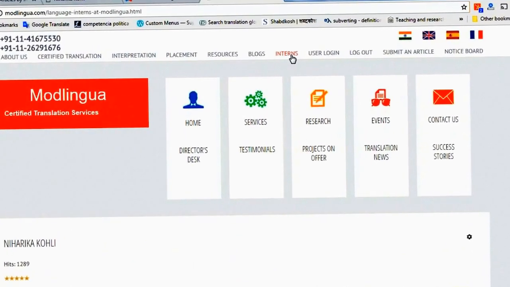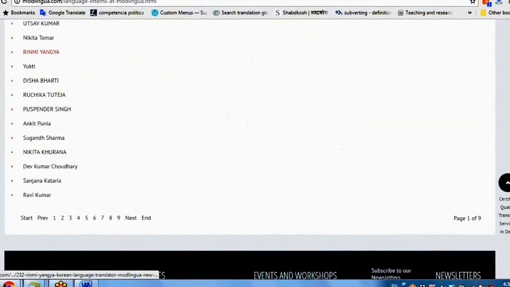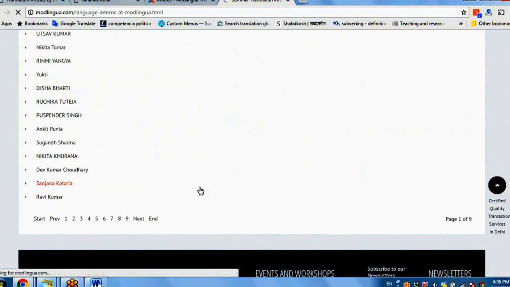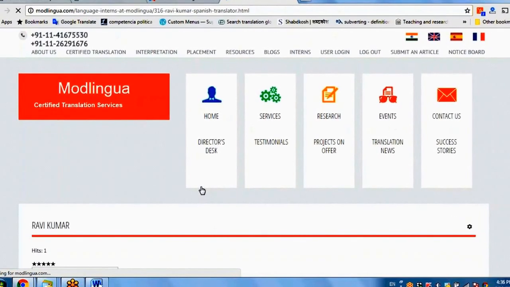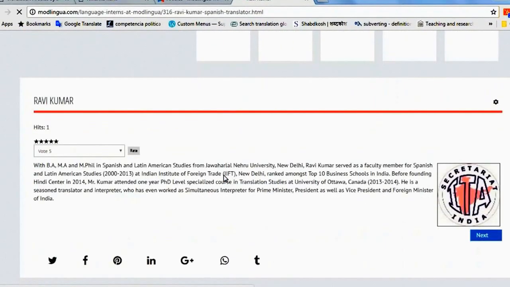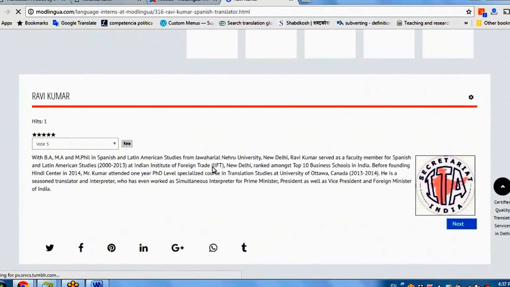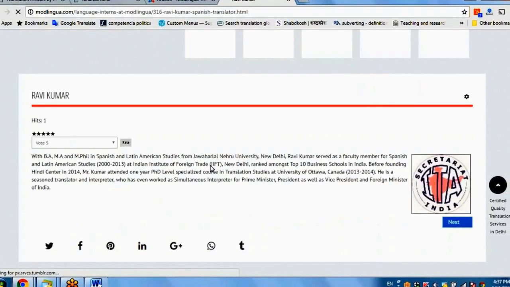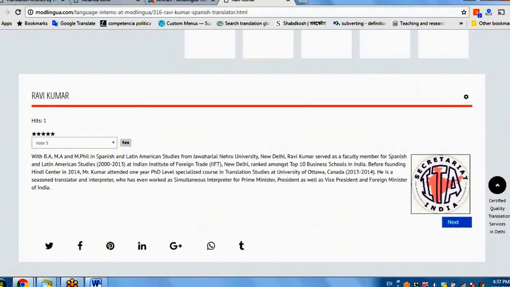So let's go to interns. Now check whether your name has come. Yes, Ravi Kumar here at the last. Why am I at the last? Because as per configuration, only those profiles will come at the top which have more hits. When I say more hits, that means more visitors have seen it.